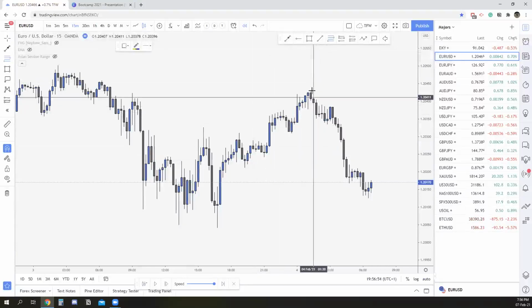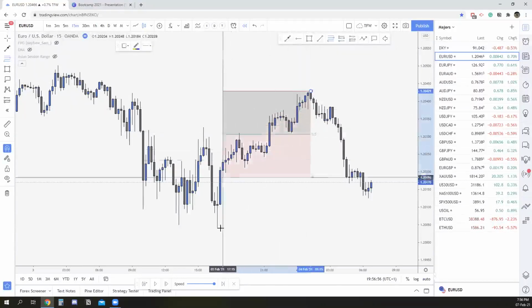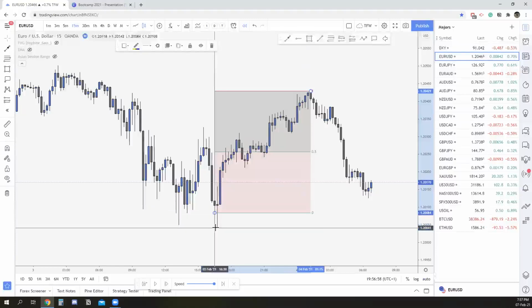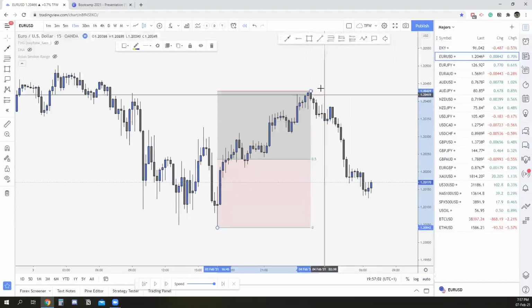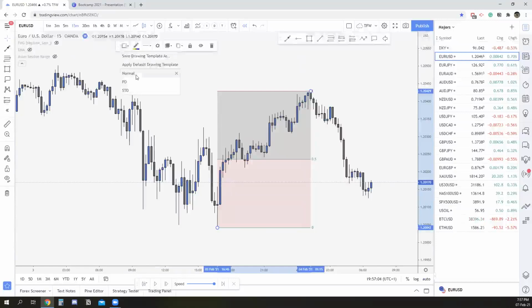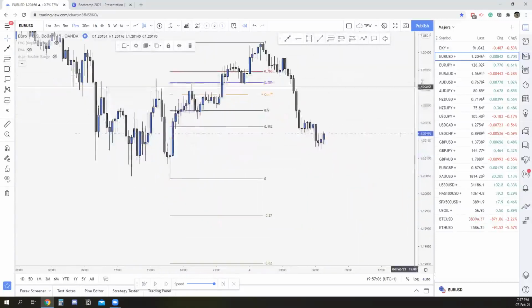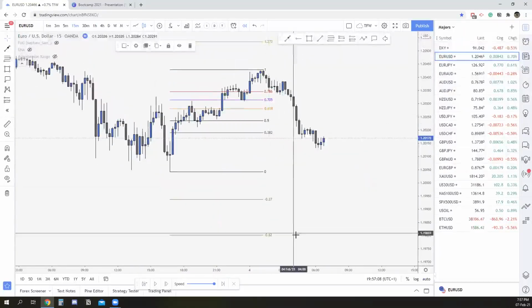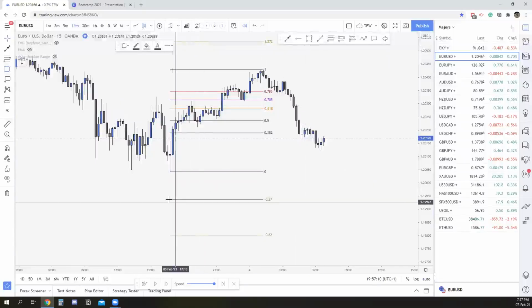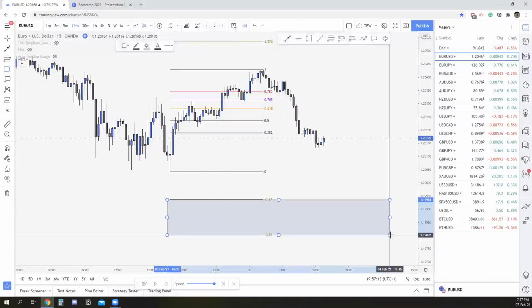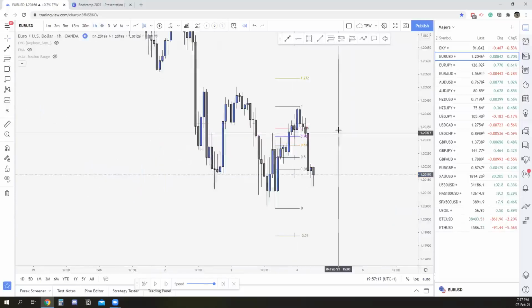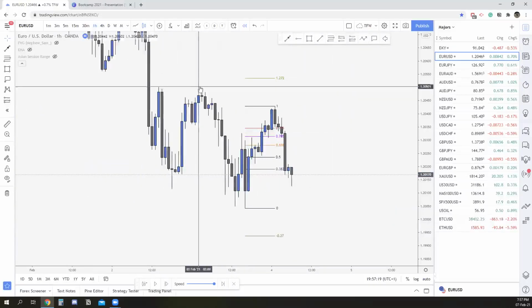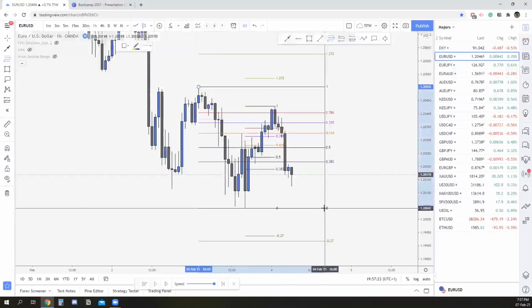So what you're going to do is take it in the opposite manner. You're not going to draw it from the bottom to the high in order to look for the retracement, but you're going to catch it from the top to the bottom, right? And then you have the extensions, 27 and 62. So what I explained in the course is that you can take the whole zone and look for the 50%. Or you can also look for the normal fib, which is from here to here, right? So this is your normal retracement again.